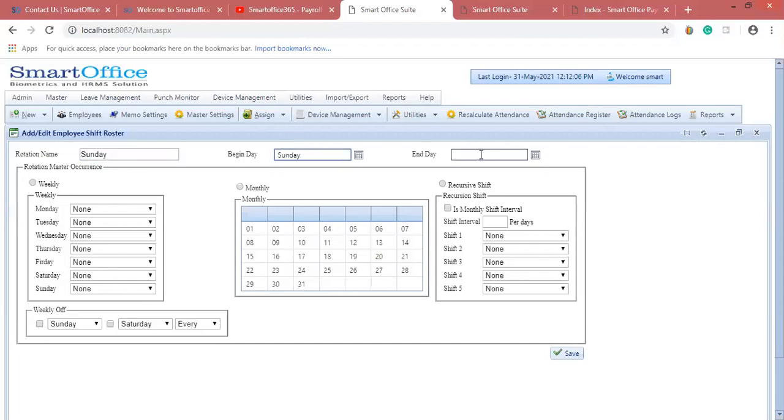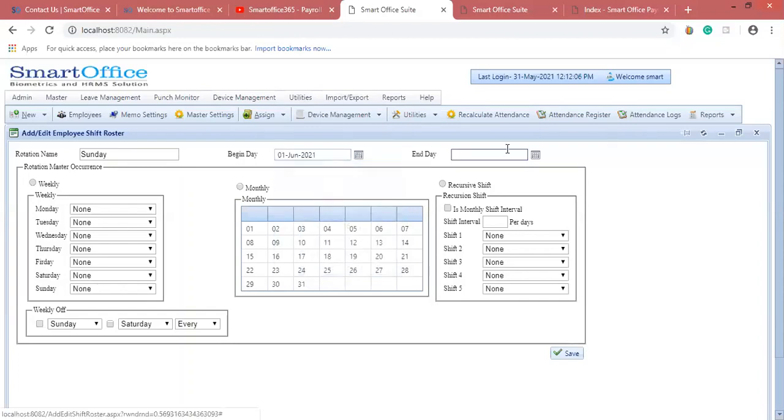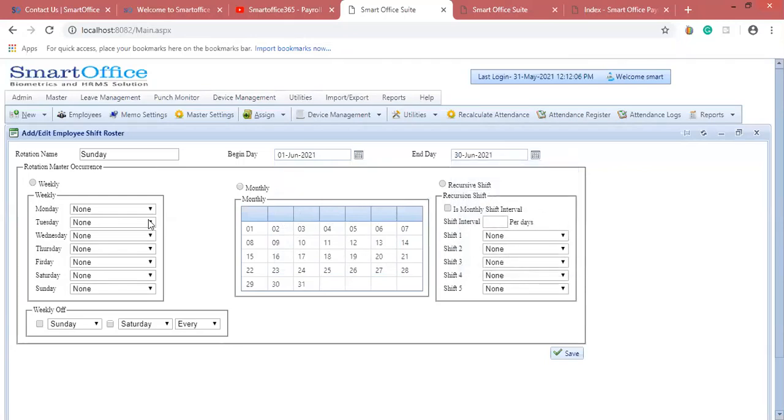Sorry, this is begin day. For 1 month, there will be a Sunday week off for some of the employees. I'm selecting a month over here. I'll click on weekly, select Sunday, and select week off.